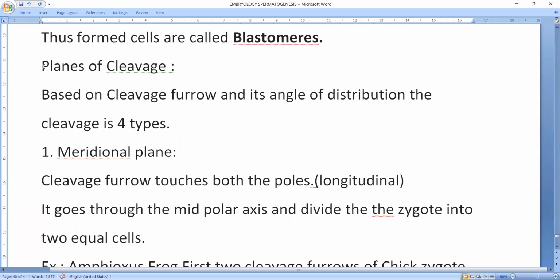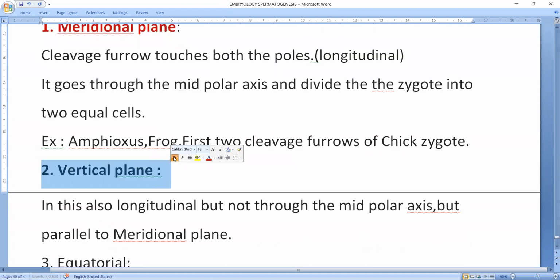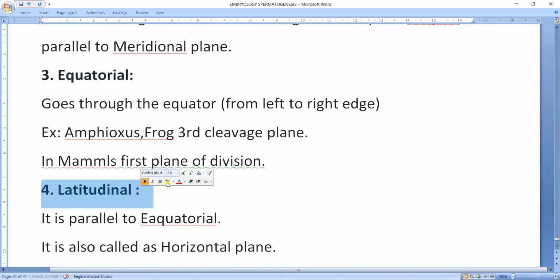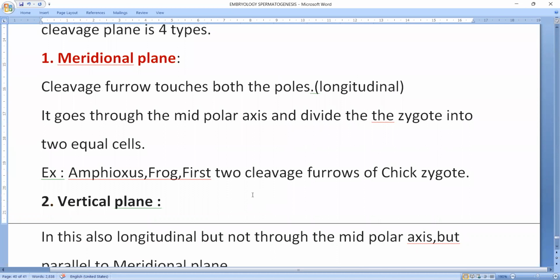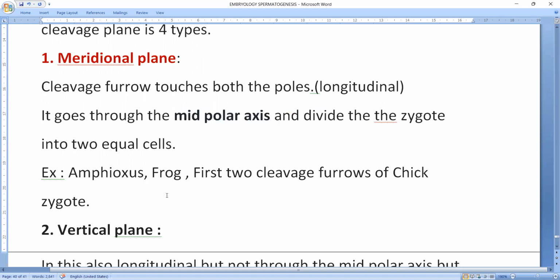Now, planes of cleavage. Based on the cleavage furrow and its angle of distribution, the cleavage plane is of four types. One is meridional, another is vertical, then equatorial, and another is latitudinal. It is very simple, so no need to remember the examples. You should just understand the meaning of the cleavage planes. In meridional, the cleavage furrow touches both the poles, so in the longitudinal direction it goes through the mid-polar axis